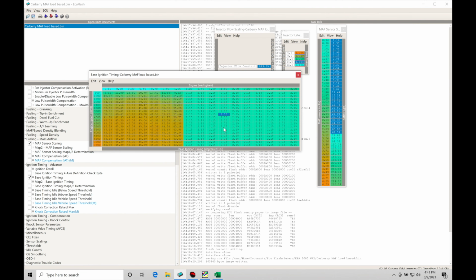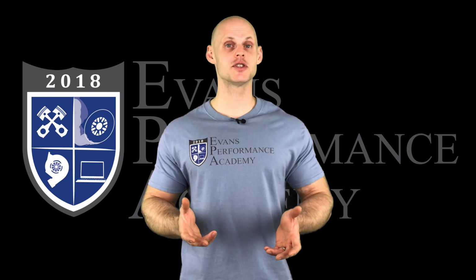In this case, by lowering our boost targets all the way down and our wastegate duty cycle all the way down, we'll run off the lowest boost pressure possible. And by lowering the spark timing, we've reduced the likelihood of knock or pre-ignition occurring, so we can just focus on fuel tuning. We don't have to worry about these other variables. We need to do one thing at a time, and this allows us to